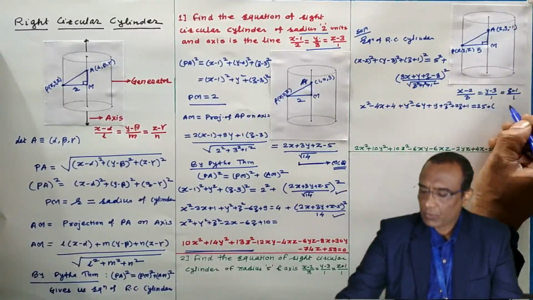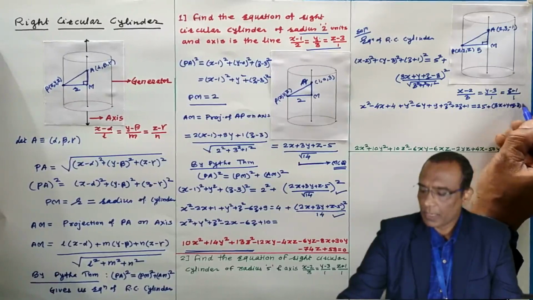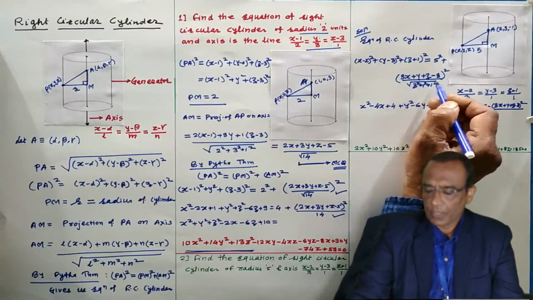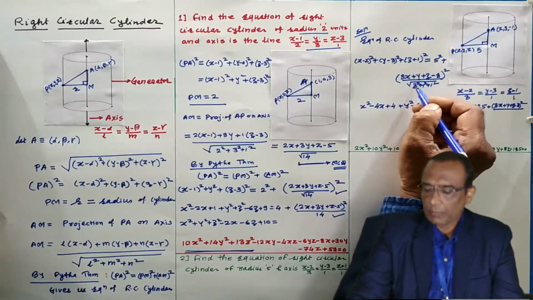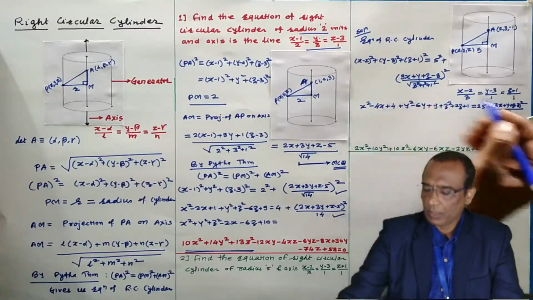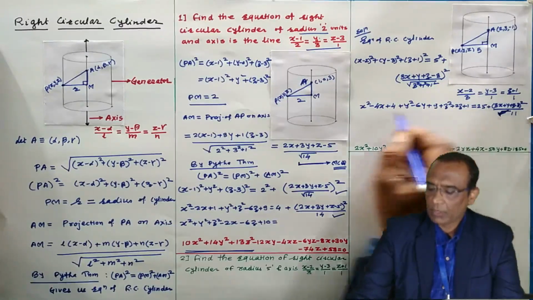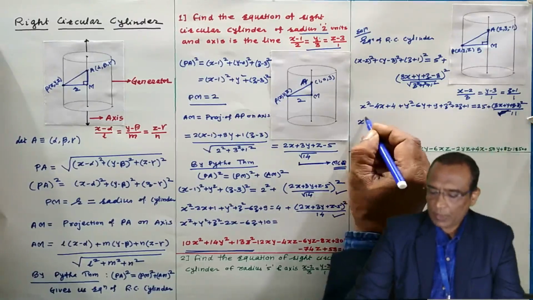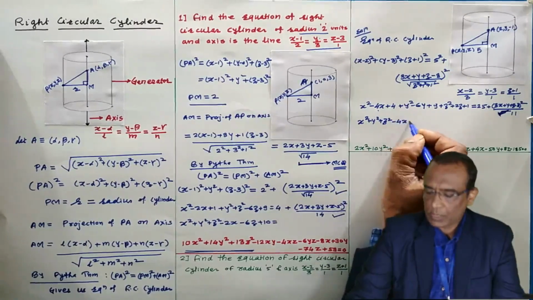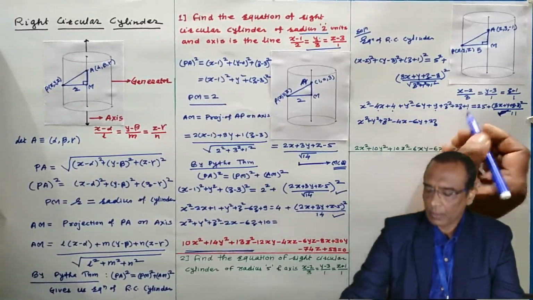And here, the square of 3x plus y plus z minus 8, divided by the square root, and this square. This square root will get removed, and 9 plus 1 plus 1 is 11. It is outside of the root. Now cross multiply by 11: x square plus y square plus z square, then minus 4x minus 6y plus 2z, and the constant 4, 13, it is 14 now.